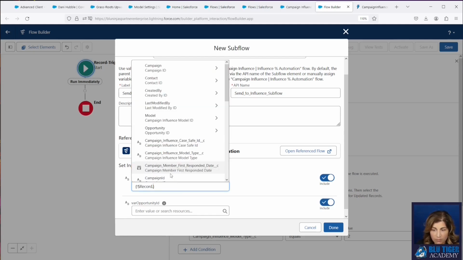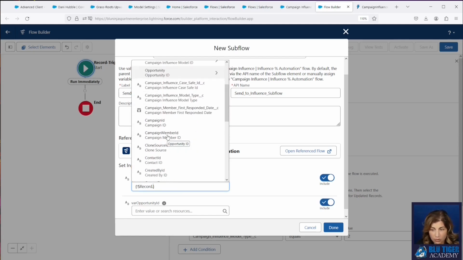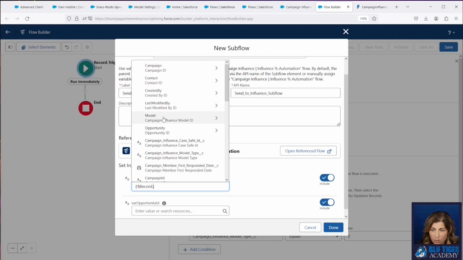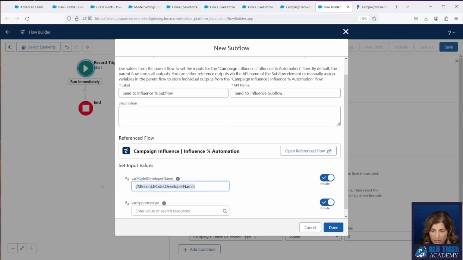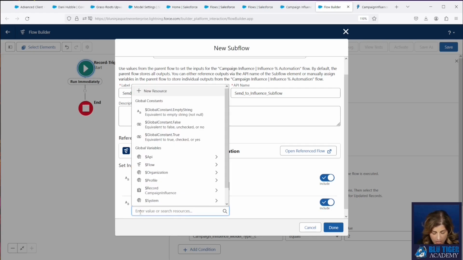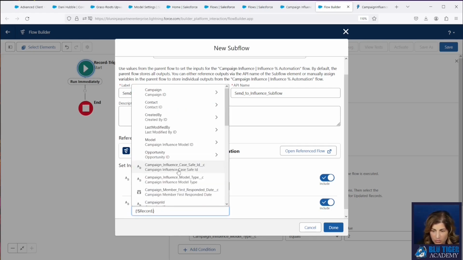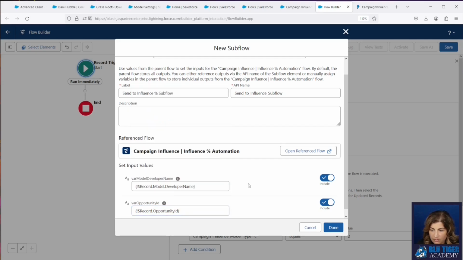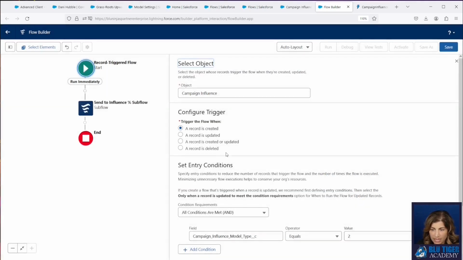These are both going to come from the campaign influence record that triggered this flow, and we are looking for the developer name of the model here. So that's what that looks like. Then we need to pass the opportunity ID. All right, and that's it for this one.